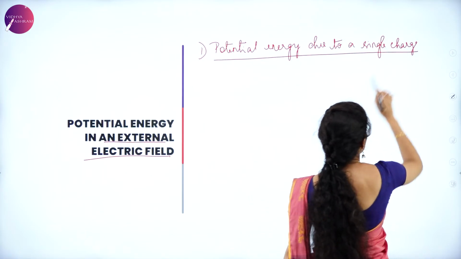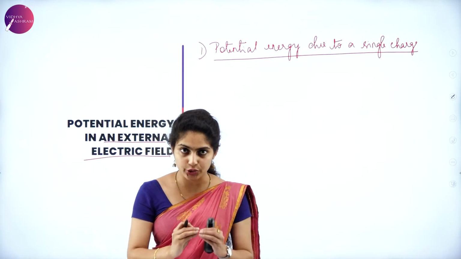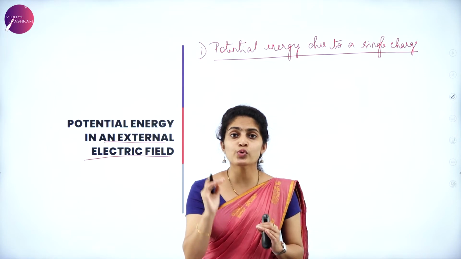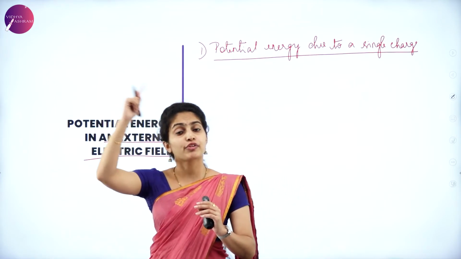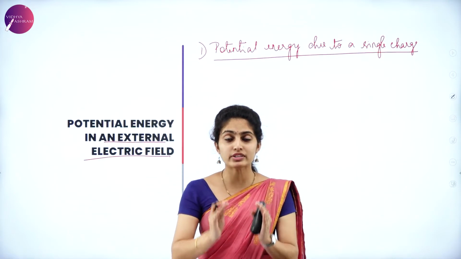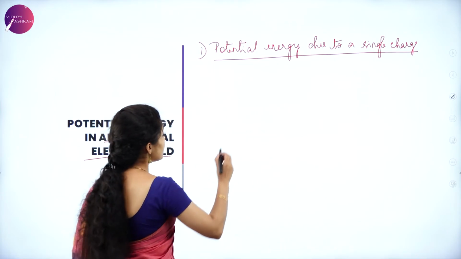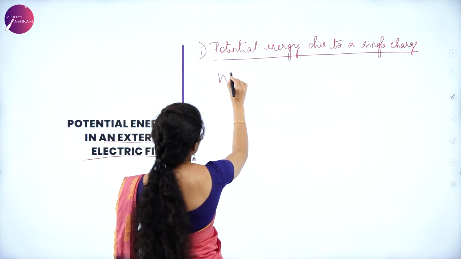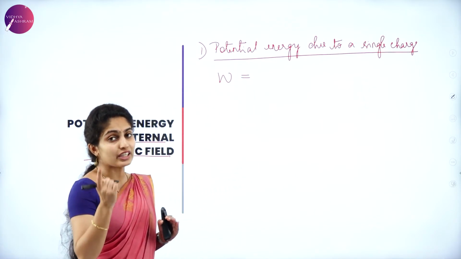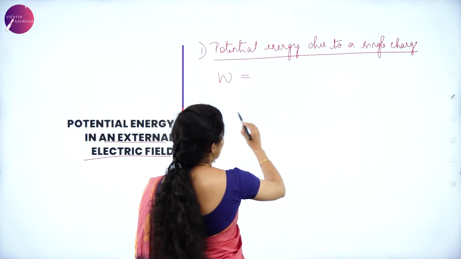Potential energy due to a single charge. Suppose there is a charge Q. The work done in bringing a unit positive charge from infinity to a point is said to be the electric potential. So how do you give that? It is the work done in getting a unit positive charge from infinity to a point. It can be given as W is equal to